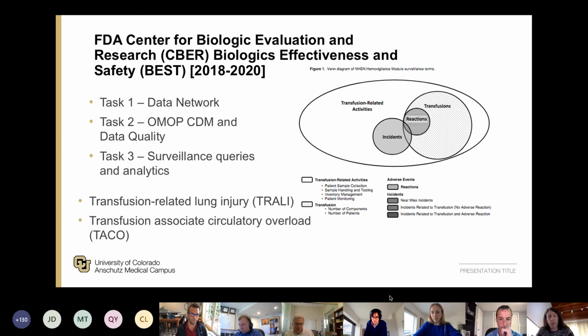The work that we were most focused on during this period was actually looking at adverse events for blood product transfusions. And this included TRALI, so transfusion-related acute lung injury, and then TACO, or transfusion-associated circulatory overload. These reactions are serious but fairly rare, particularly TRALI. So they can be hard to detect in EMR, and there may not be many cases in any one setting. So it really does take a network to be able to identify these things, develop ways to identify TRALI, and then also assess predictors for TRALI.